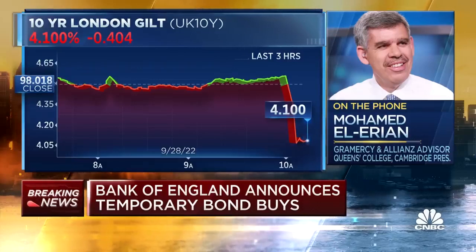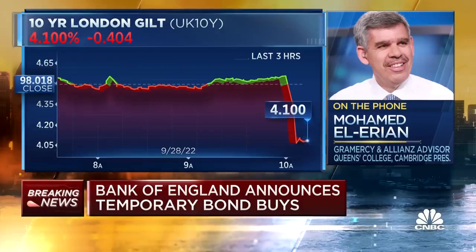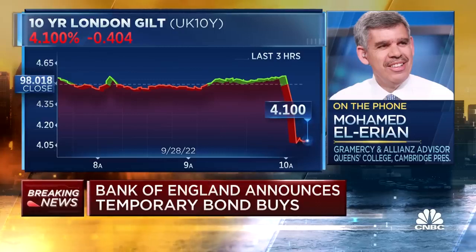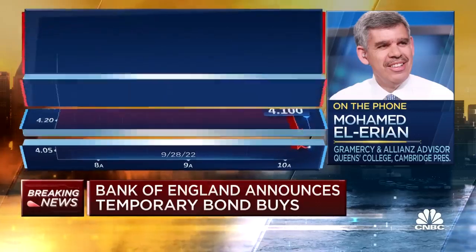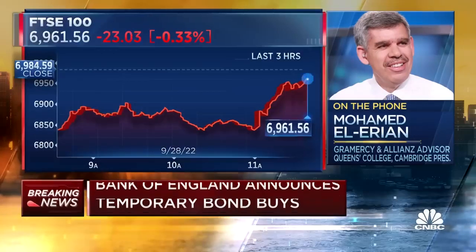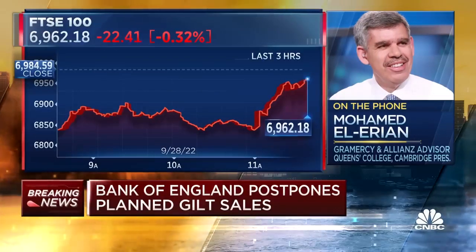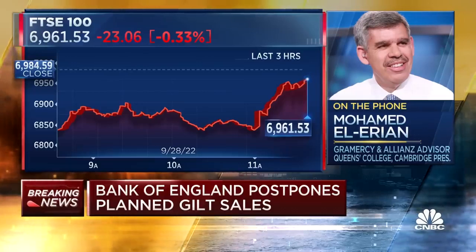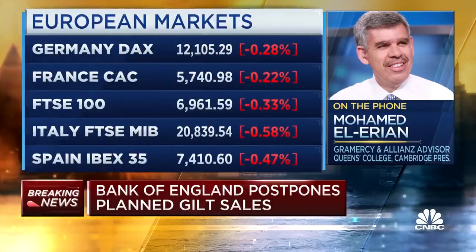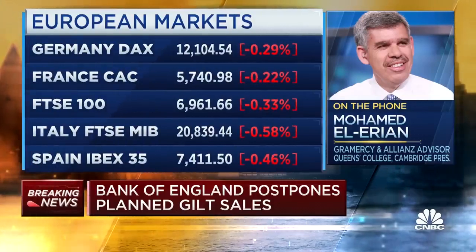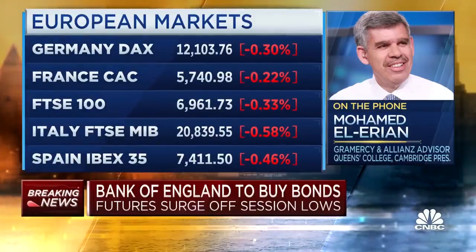They overdid it. They were late in recognizing what they had triggered, and now they need to step back. The problem is stepping back is very risky. And the last thing the Fed wants is to find itself in this major inconsistency that the Bank of England now finds itself in. It was about to do QT. It announced that it would hike even more aggressively on November 3rd, and now it's injecting liquidity.